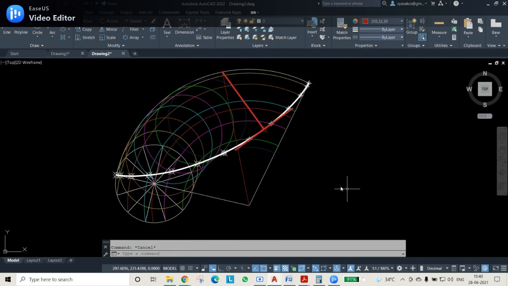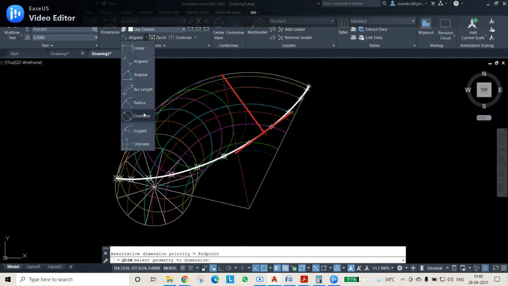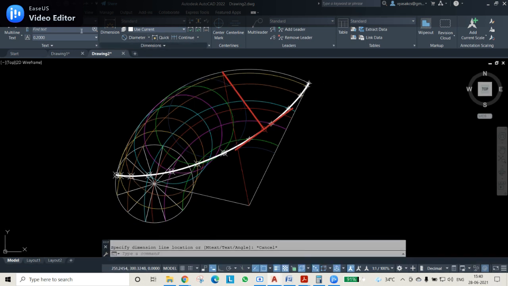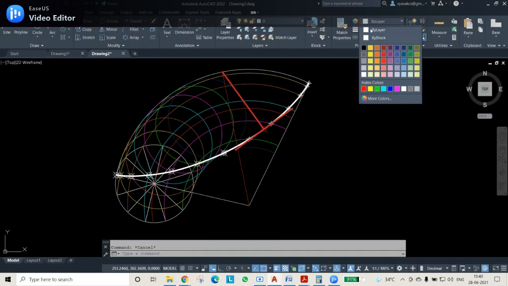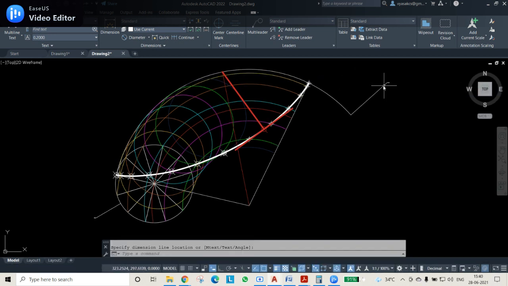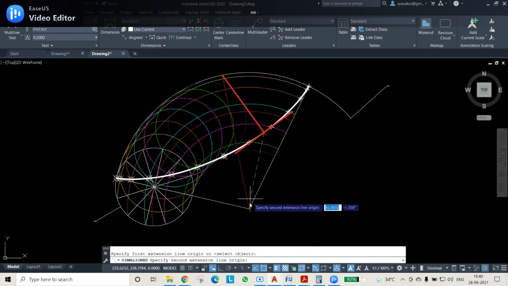After this is finished, you can give the dimensioning. What are the dimensions known to us? The diameters are known to us. The diameter of the rolling circle is known, which can be given. Instead of red color, let me keep it in white color only. Then annotation, diameter. Select this circle, this is 50 mm, and select this circle. After that, what is the other information known to you? The point information is known to you. So select this point information along with this point.